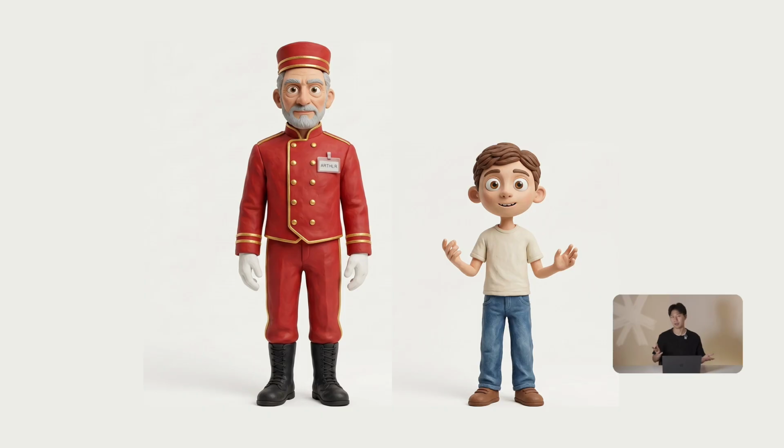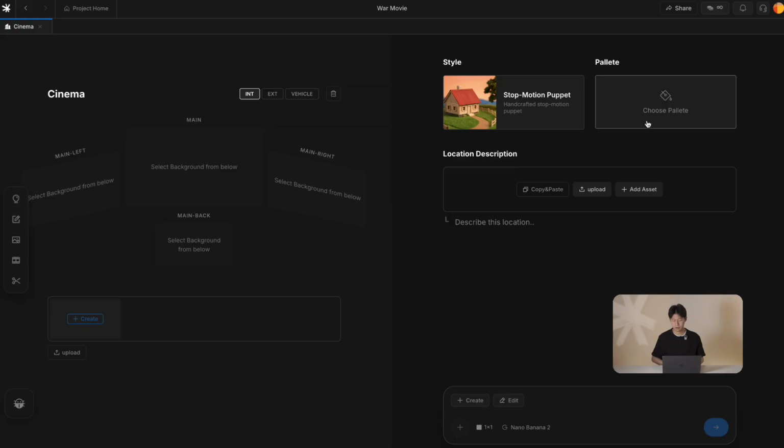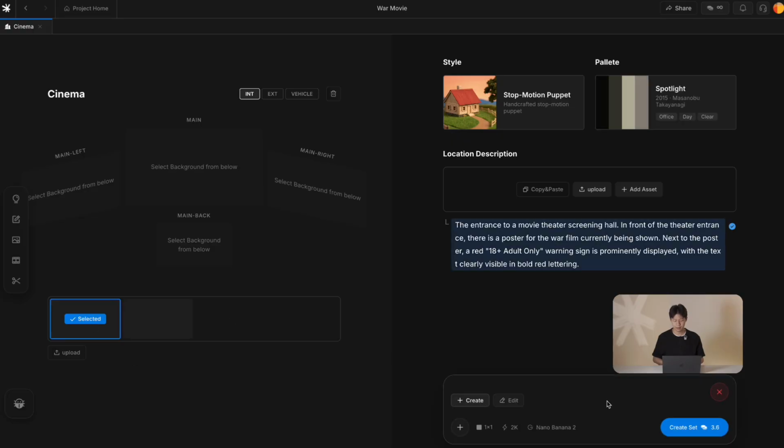And that's my next tip. Use reference images. One reference image is worth more than 10 sentences of description. So keep a little stash of reference images and use them whenever you're making your assets. Okay, 2 characters done. Now the background. I click cinema, pick a style and a palette, write a description, hit create.